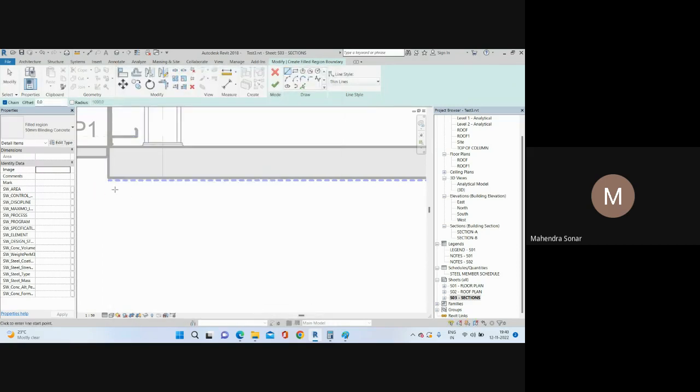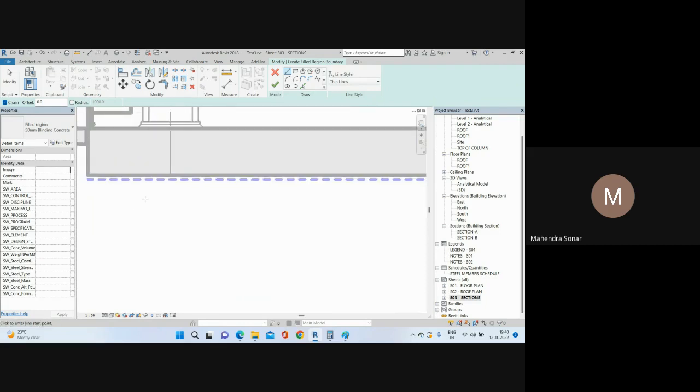After that, you need to draw the shape. Okay, so I want to give the 50 mm thickness, but for representation I will give a 25 mm gap below the polythene sheeting, just indicatively. So I will go again here, right? So click here, then you need to give the offset, so 25 mm. So just click this blue line, so this line has been added here. Then after that, I want to give the offset 50 mm because this is the 50 mm thickness, right? Then escape, and then you need to close this